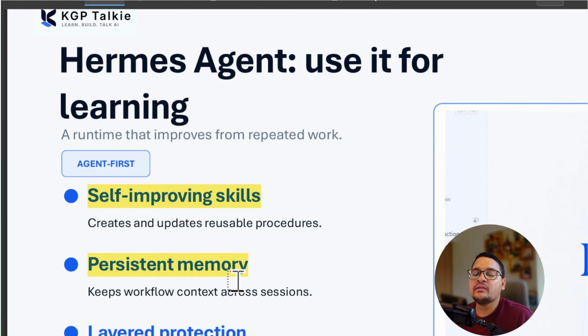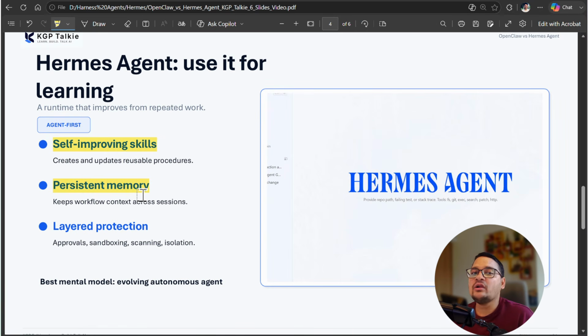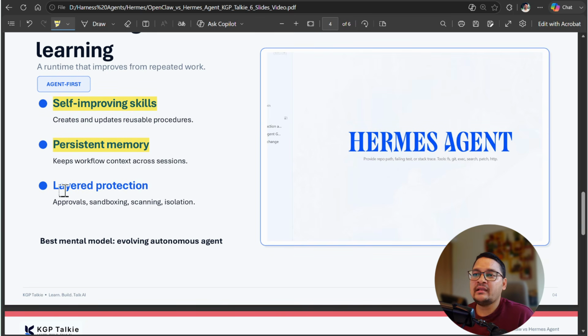Although persistent memory also exists in the OpenClaw, it is not as strong as in the Hermes agent. Apart from that, layered protection was also there with the Hermes agent when it launched. OpenClaw did not have that, but nowadays you will notice layered sandboxing, approval, all these are also coming with the